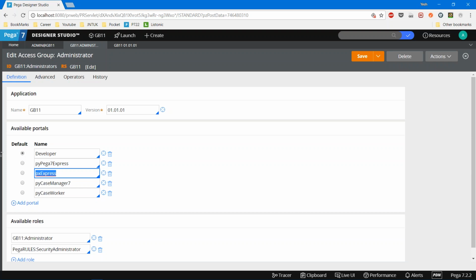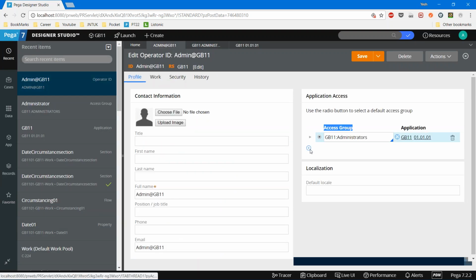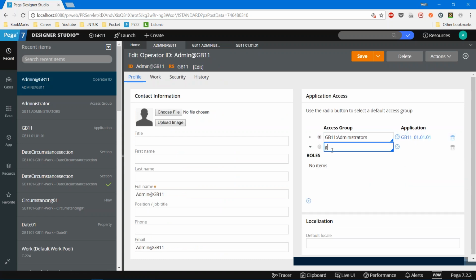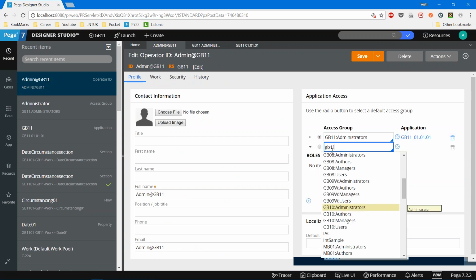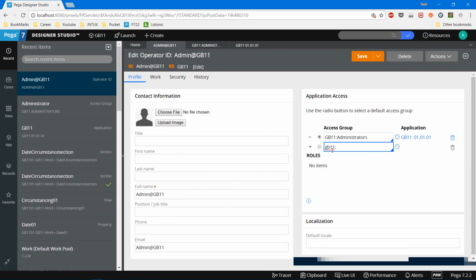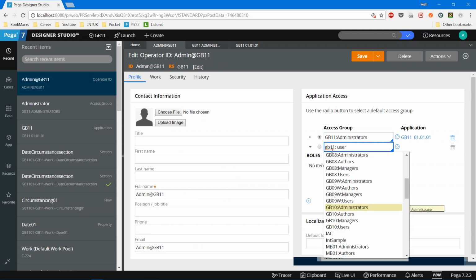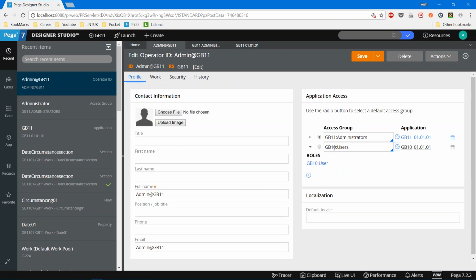So for example, for the same application only, GB11 users only.